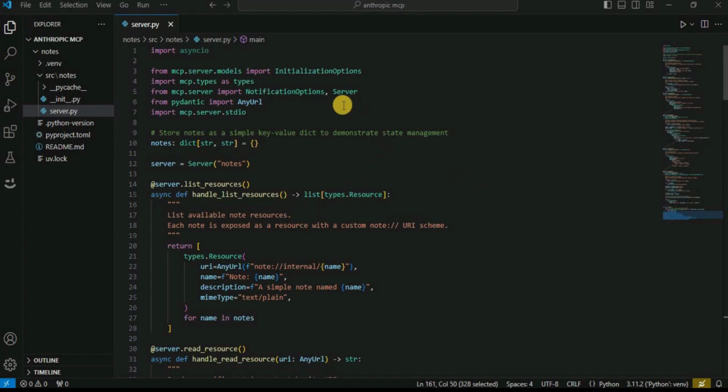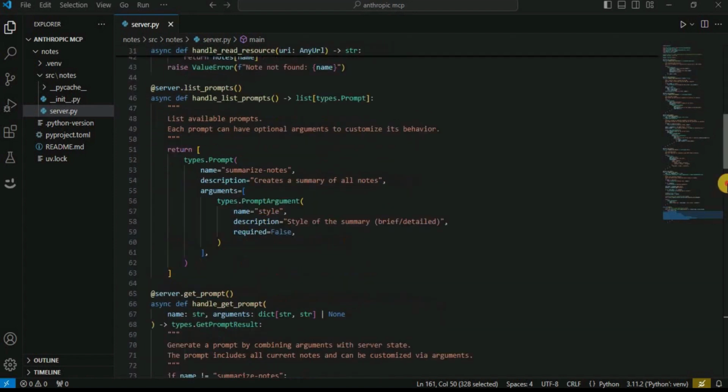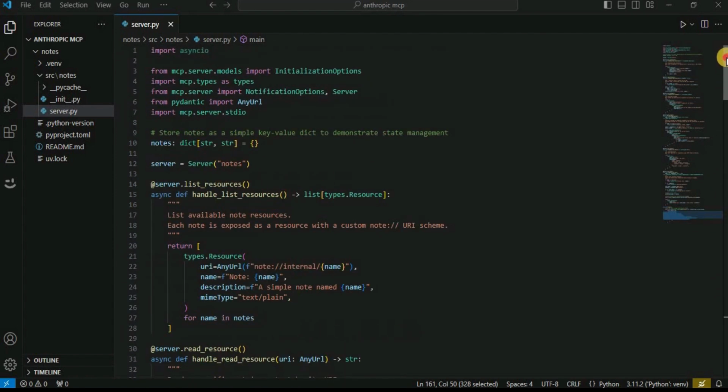So this was an example where all the code was already generated and we simply used that code, but you can use all of this code format or the code structure to create your own applications and convert them into servers so that they can be connected to the Claude desktop using MCP. So let's go ahead and do it.